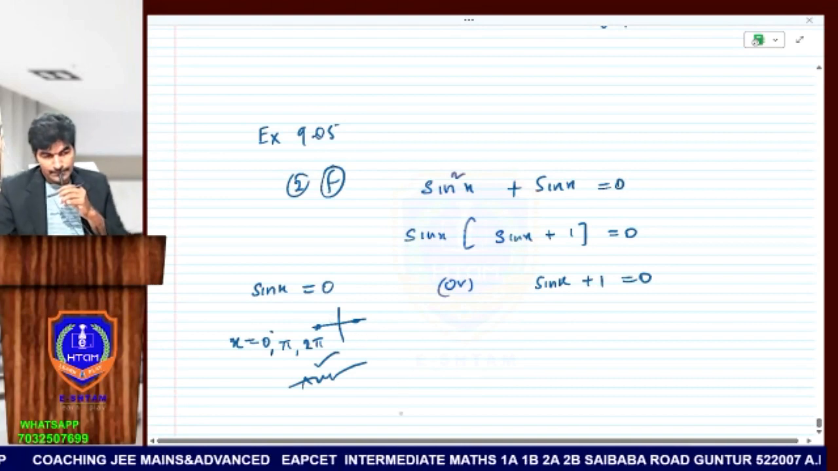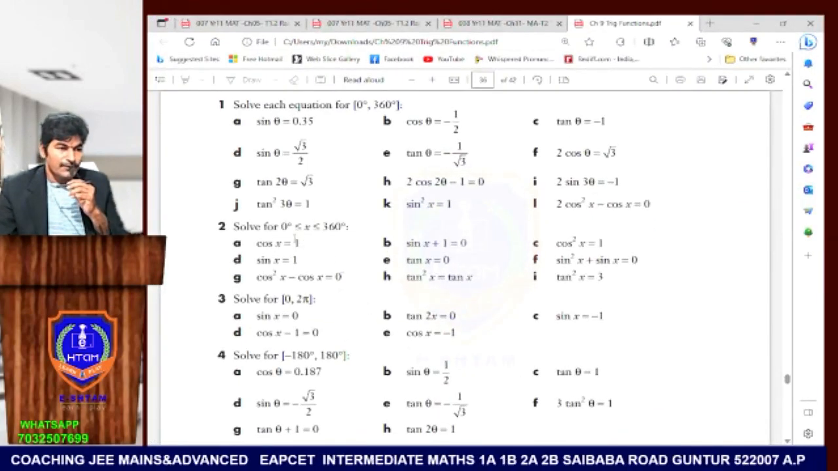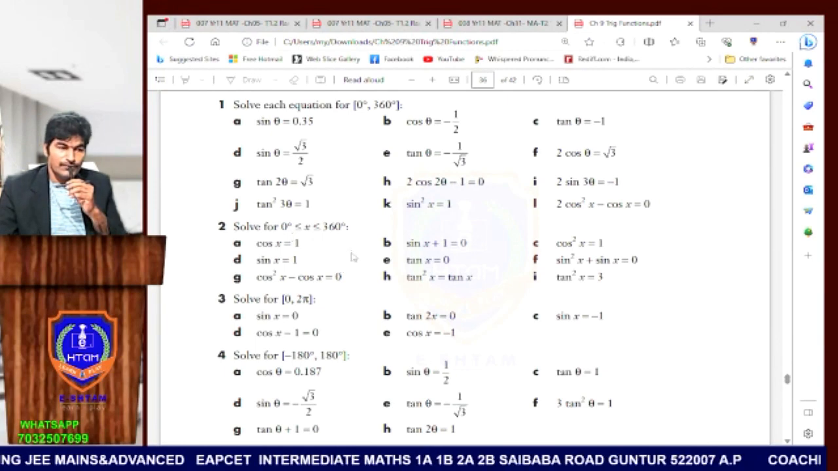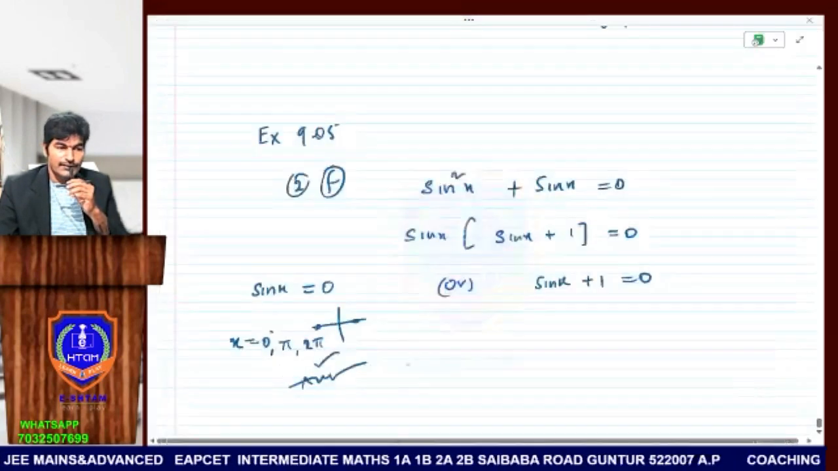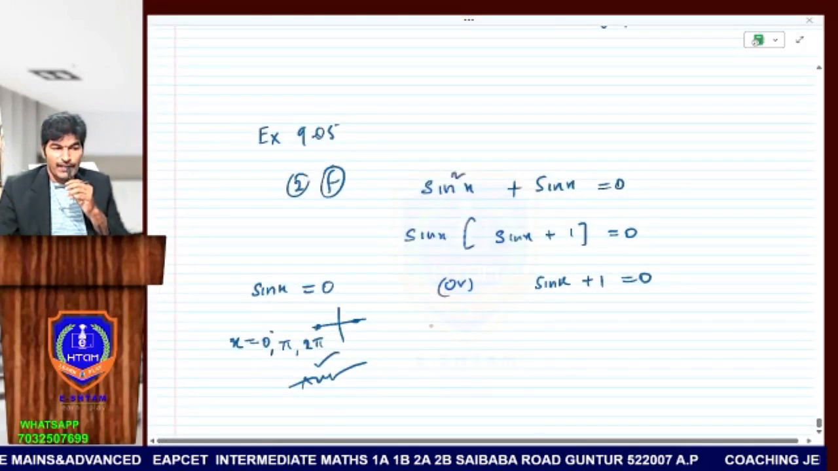Understood this one? Because he mentioned a closed interval. Look at the closed interval. That means you can consider 360 also, from 0 to 360. Understood? So 0, pi, and